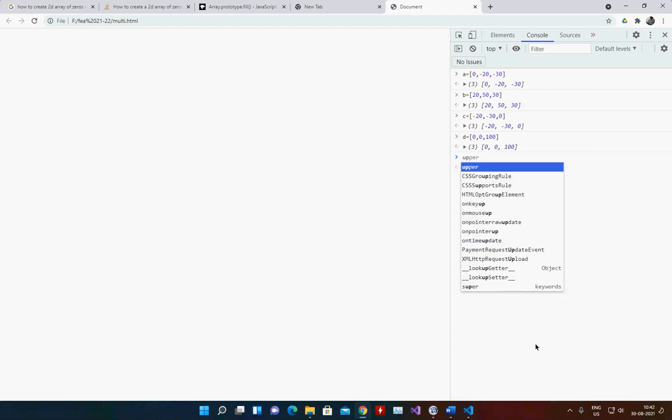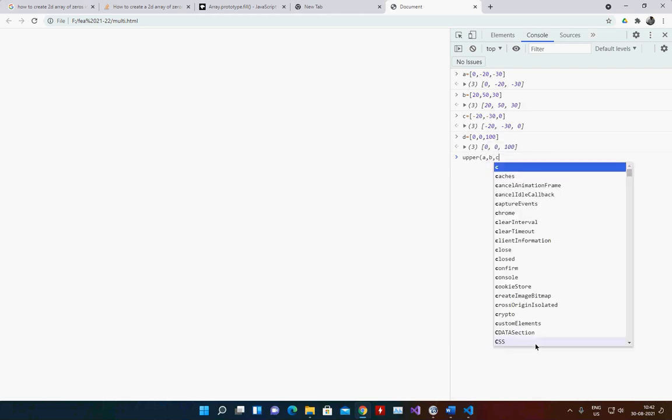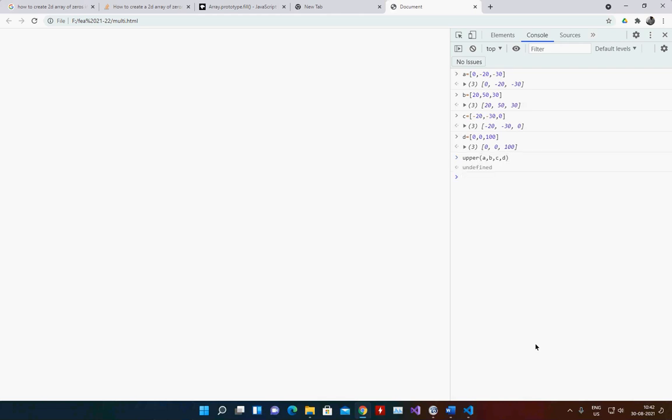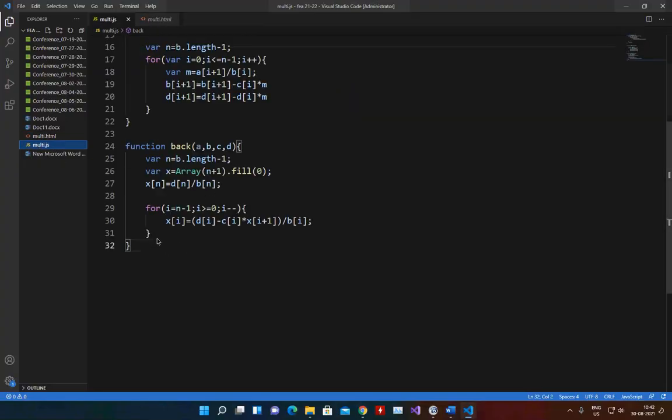Now I can call upper, providing A, B, C, D. So I got the upper. Now how X is going to get displayed, I haven't written yet.